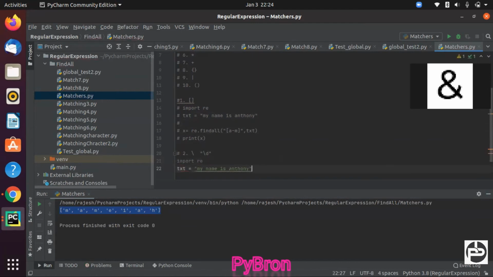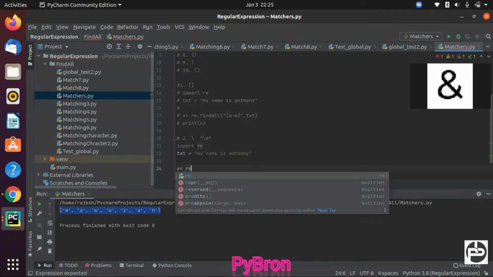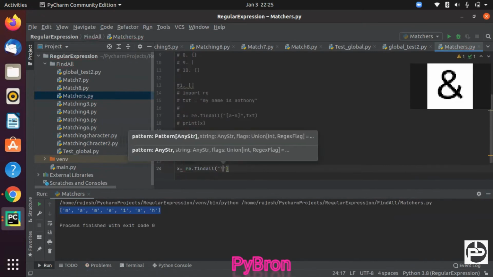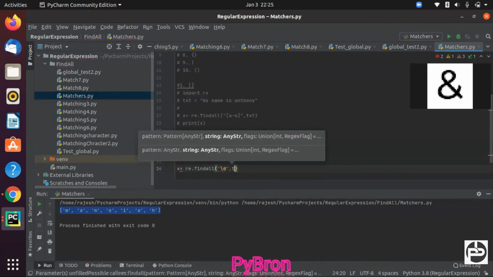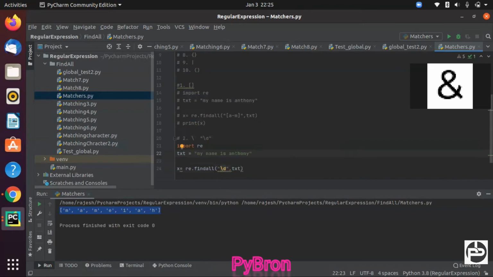So my name is Anthony, and x is equal to re.findall, and here we can pass \d and comma text. I have to change my text first: my name is Anthony and I am 56 years old.